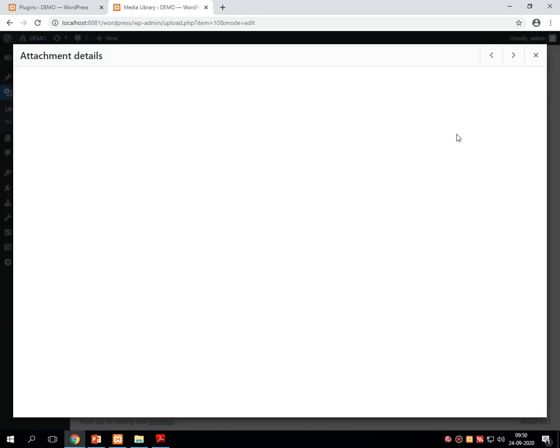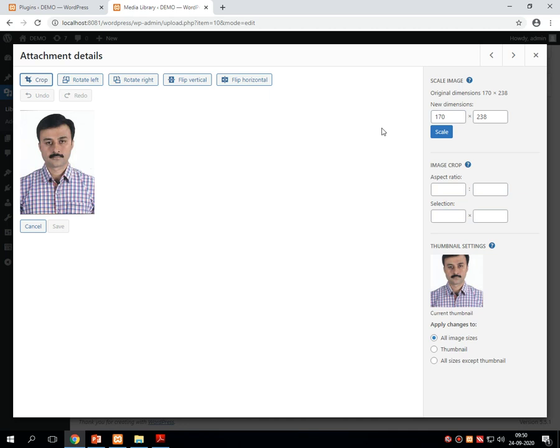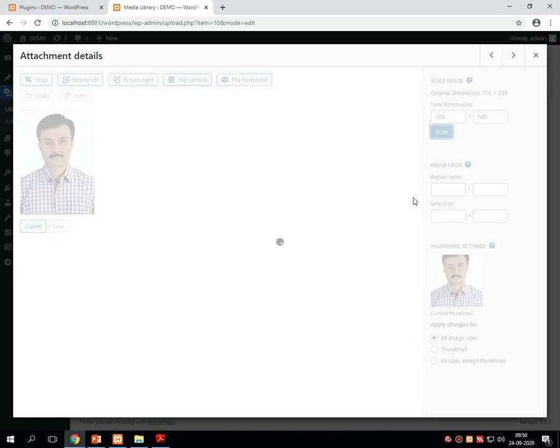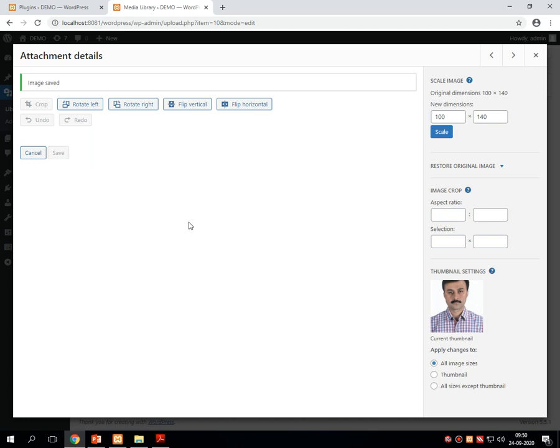Edit image. 100 by 140 and scale, thumbnail, crop, size.